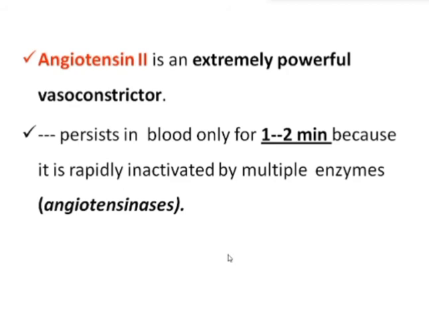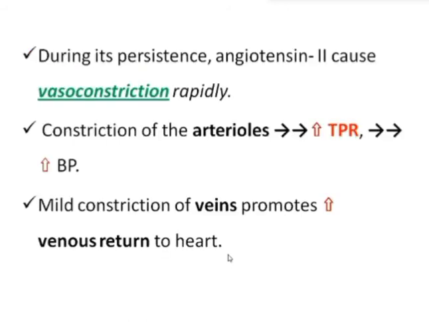इन 1 से 2 मिनट्स में ये काफी एक्शंस कर लेता है। अच्छा, एंजियोटेंसिन 2 फर्दर आप कह सकते हैं कि it has got direct and indirect effects, ठीक है। डायरेक्ट इफेक्ट में नंबर 1 है वेसोकंस्ट्रिक्शन throughout the body, ठीक है।